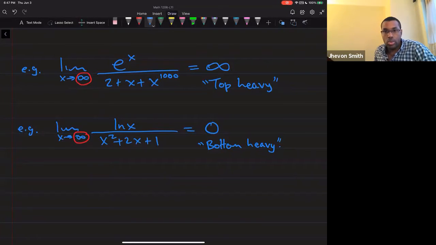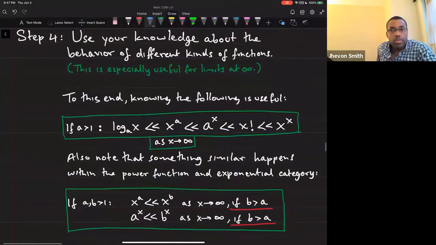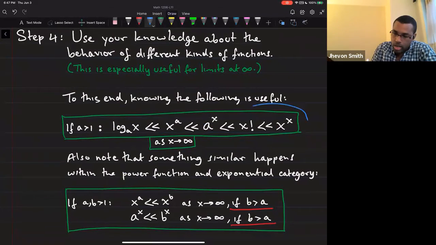So you can actually use different functions to relate to each other. Just knowing the relationships and behaviors, you can get a lot of information. Particularly when you're approaching infinity, the relationships that I gave you here are very useful to know: exponentials beat polynomials, polynomials beat logarithms. These two guys over here,